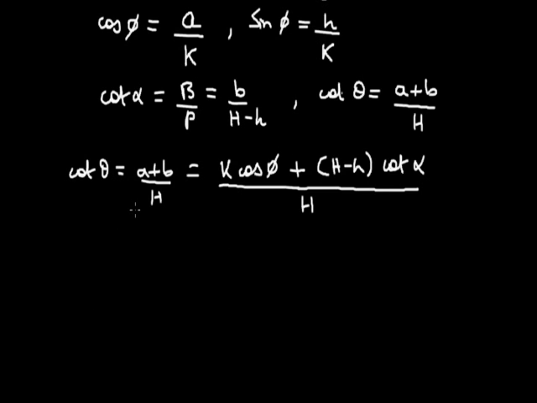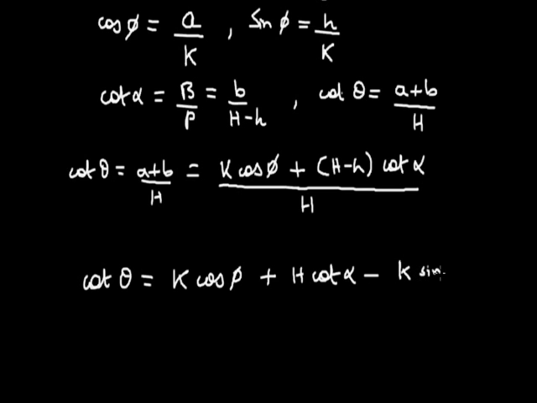Now again in the equation, we need cot theta, k, cos phi, capital H, and cot alpha, but we don't need this small h. So we'll replace small h from sin phi equal to h upon k. So we get cot theta is equal to k cos phi plus capital H minus small h into cot alpha, and instead of small h we can write k into sin phi into cot alpha, whole divided by